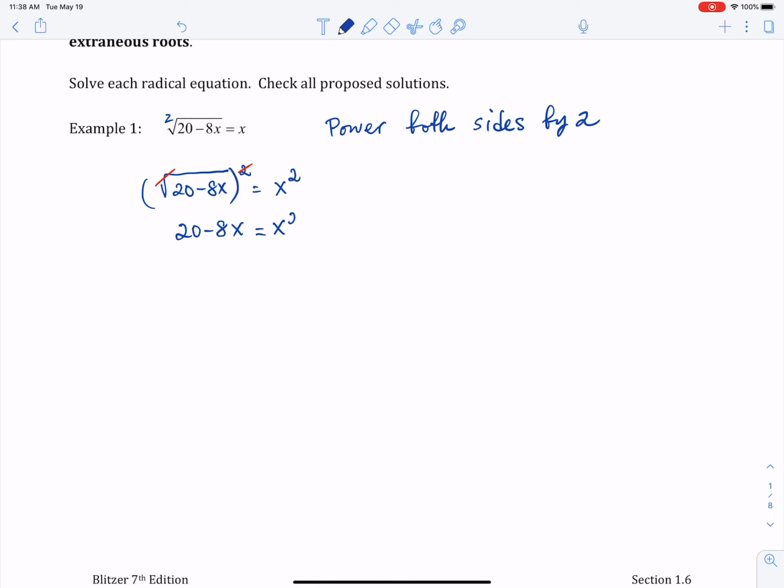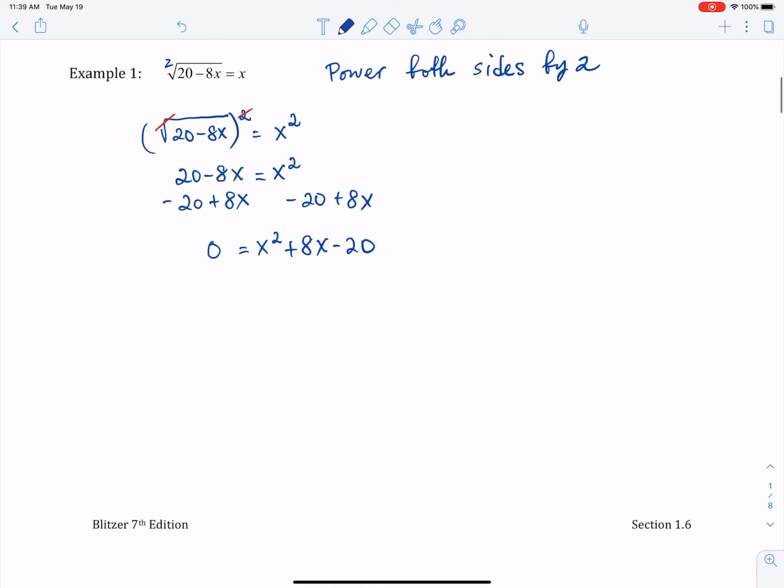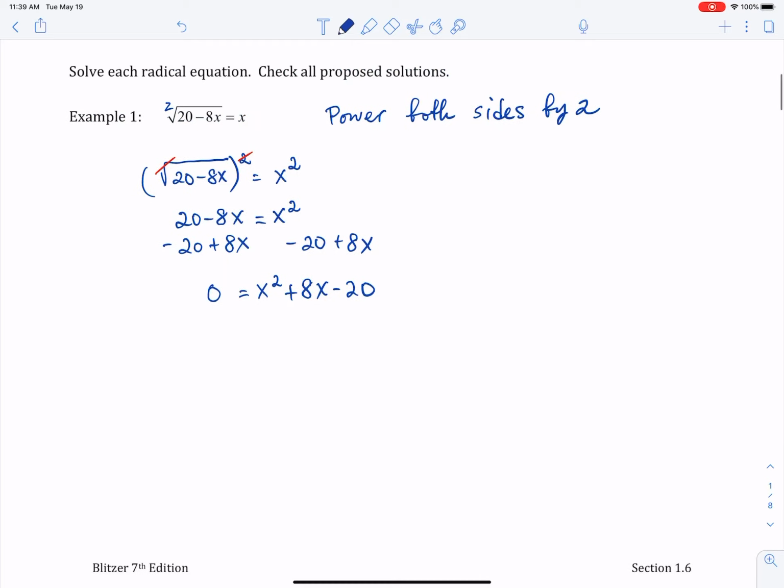to x squared. This is a quadratic equation, and if we move the 20 and the 8x to the other side of the equation, we can see that more clearly. X squared plus 8x minus 20. There are 2 ways to solve this problem, probably more, but 2 major ways. One of them is by using the quadratic formula. And just a reminder, quadratic formula